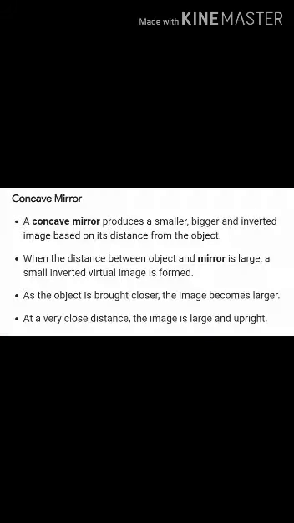There are some characteristics of the image which is formed by the concave mirror. The image is not the same size as the object. It can be larger or smaller depending on the distance of the object from the mirror. Second characteristic is the image is formed on a screen and hence is real. Third is the image is inverted when the object is kept far from the mirror. When it is brought very close to the concave mirror, an erect and enlarged image is formed.